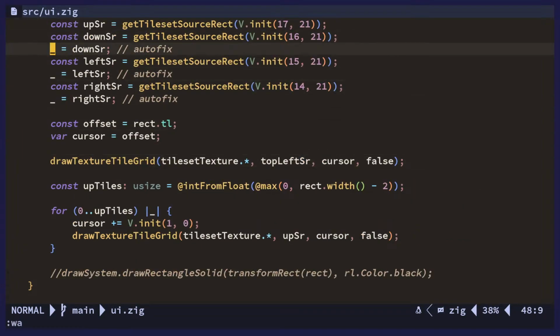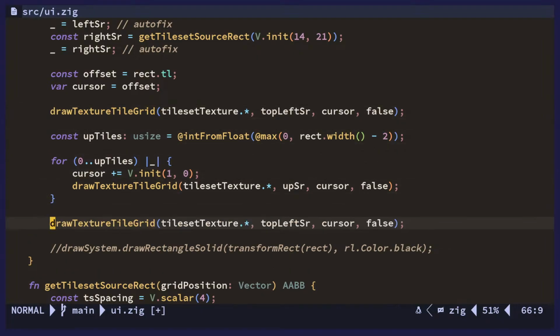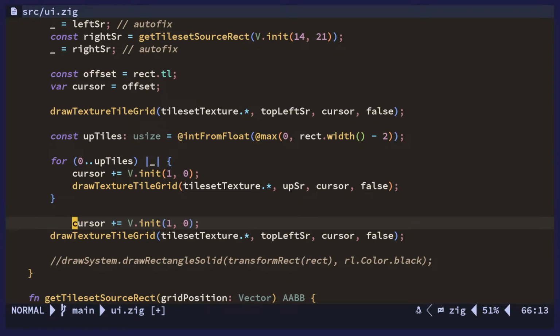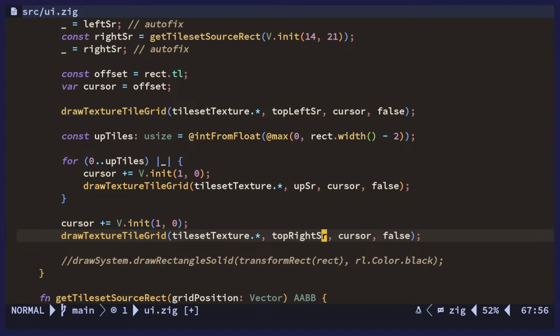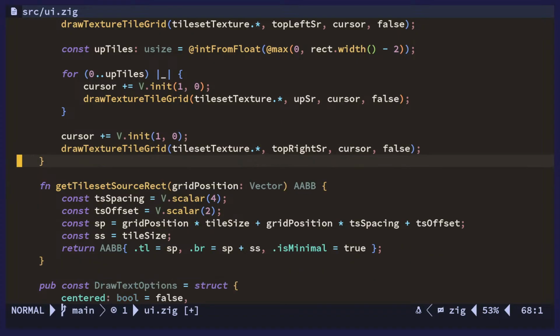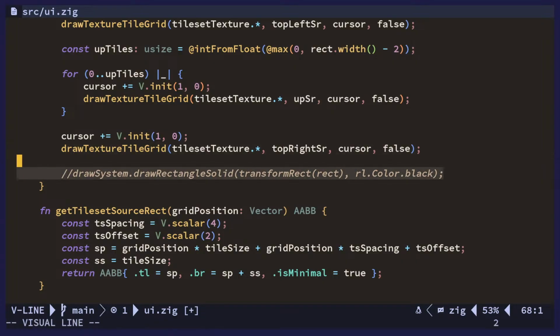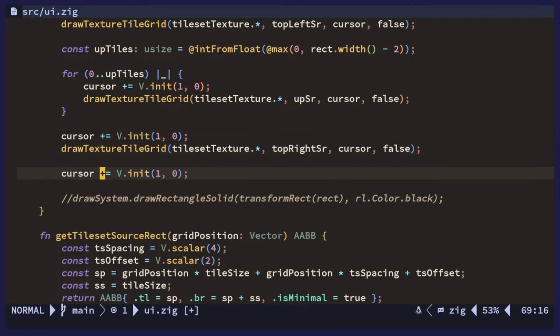Okay. Now we need the top left. So we add one to the cursor as well, and or top right. I think I said top left, but I meant top right. We don't need to draw the black solid background. Well, actually, we could do that as well. I guess we could draw from the tile set also. It's better to draw one time though. Okay, anyway. Now we want to reset the cursor